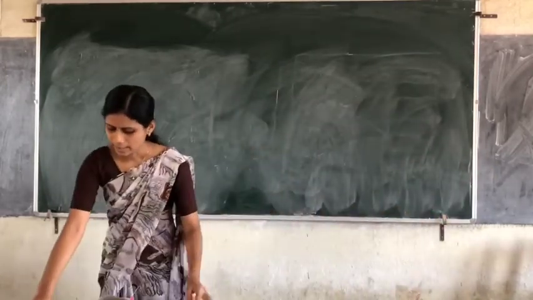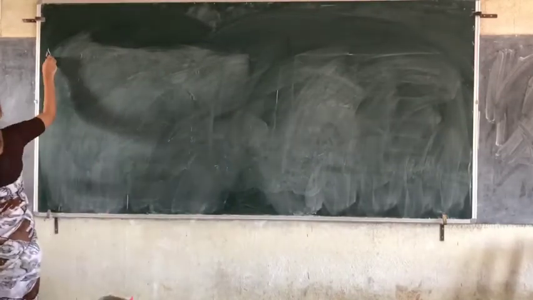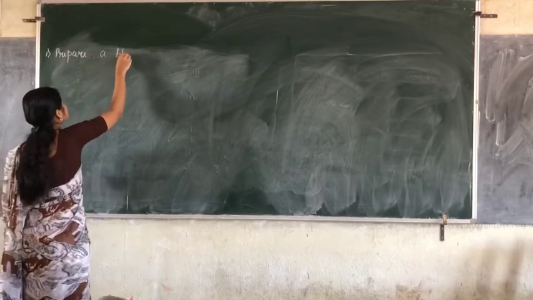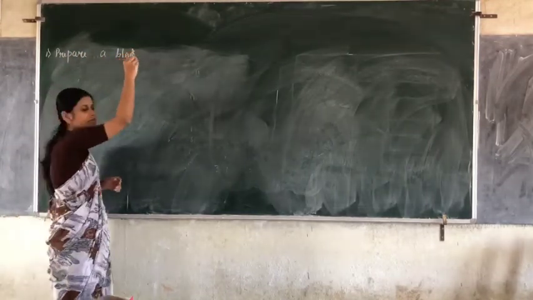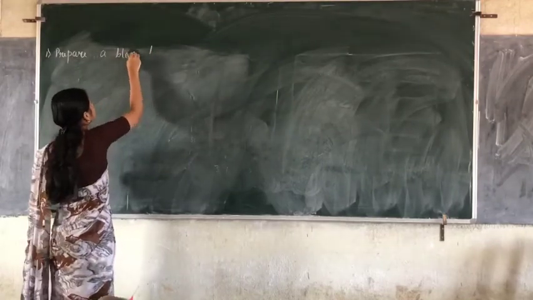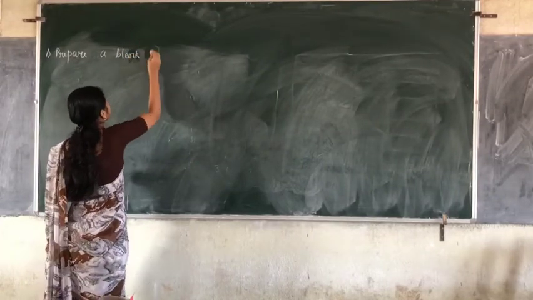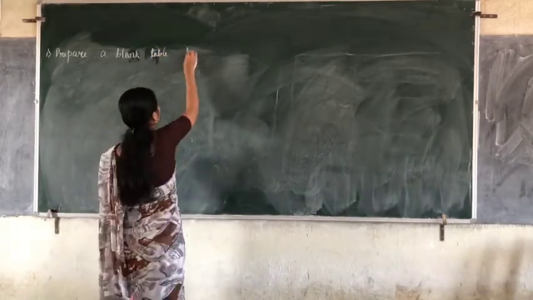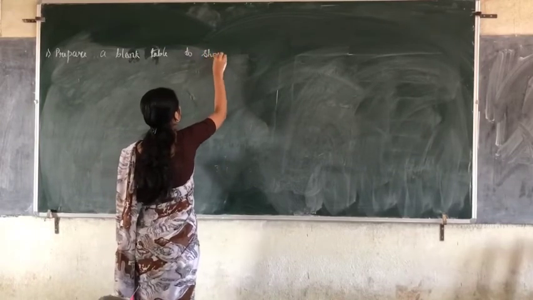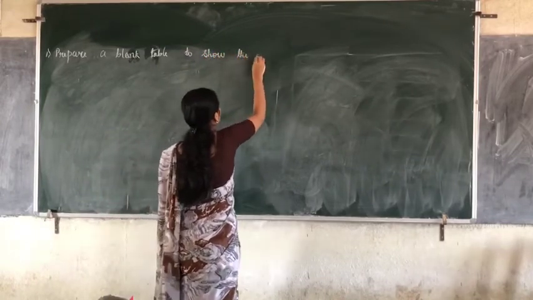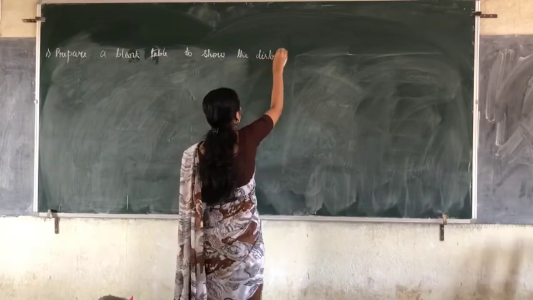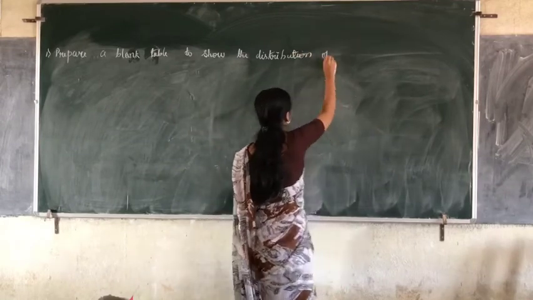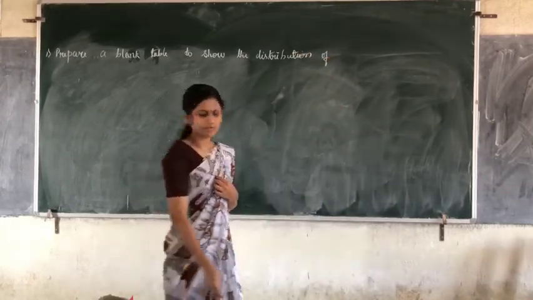The question is, prepare a blank table to show the distribution of population of a village according to